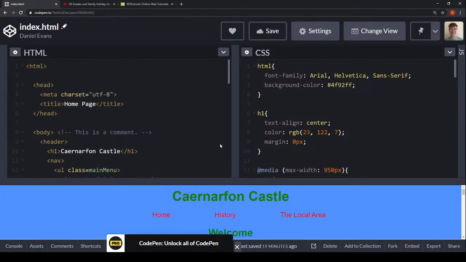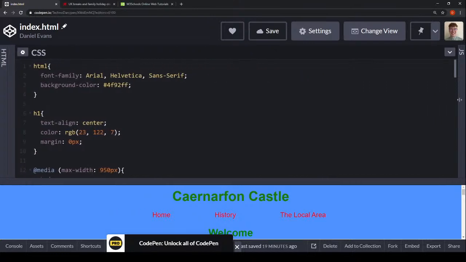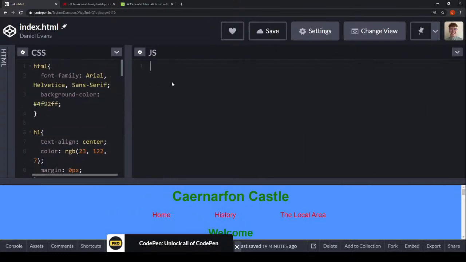So heading back over to index.html on my Carnarvon Castle page. Now I'm going to be using the JavaScript section here. Okay, so this is going to be my JavaScript section. So I'll be using this specific menu, but what I want you to bear in mind here is that